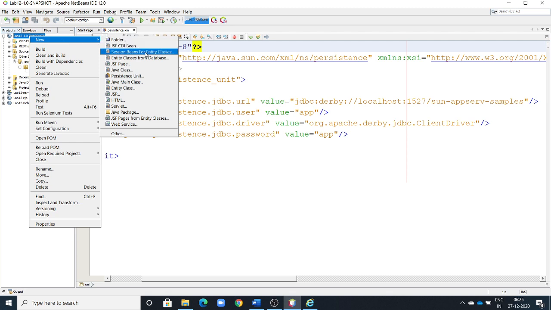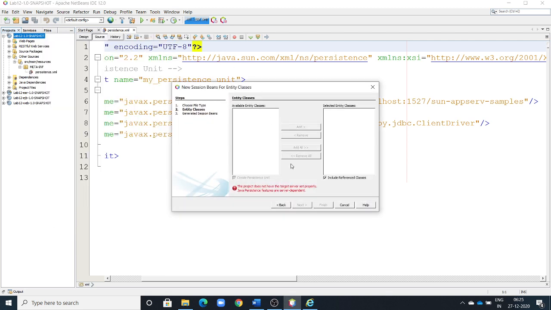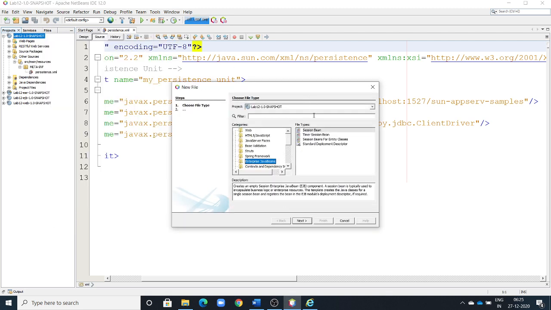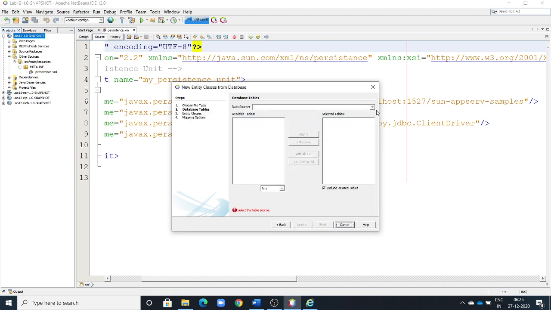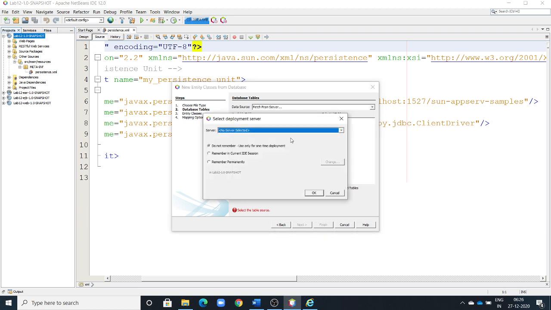Now we'll select new session bean for entity class. Sorry, what is the option? Persistence, entity class from database. Next, select the database.